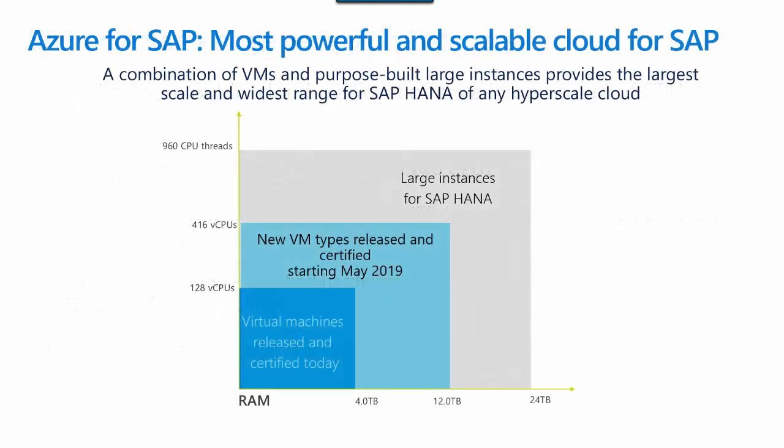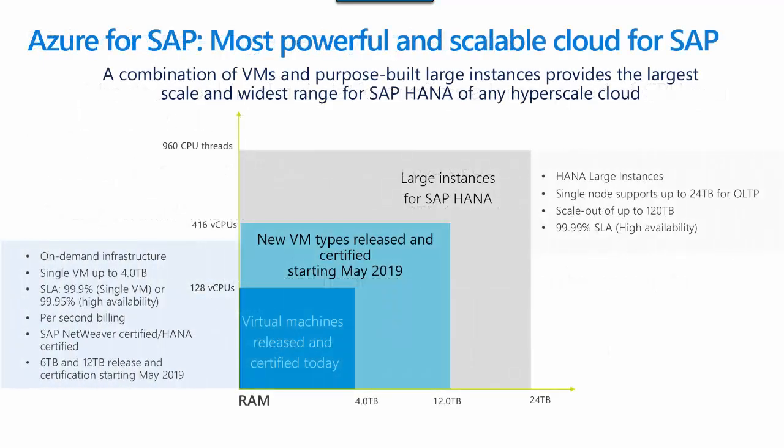And pictorially, you can see on the y-axis 900 CPU count, and on the horizontal x-axis, the amount of memory for each one of the VMs or HANA large instances. And the blue shaded VM scalability range has just increased, like I described to you earlier, into 6 terabytes and 12 terabytes, which